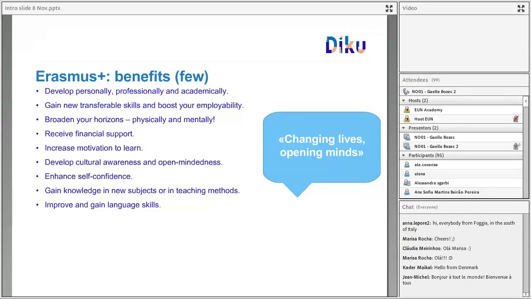So I've taken a list of benefits that I've been copying. Most of my presentations are my own creation, but that one I've been copying from, I think, the EU website. The motto of Erasmus Plus is changing lives, opening minds, and this is really what it is. So a few benefits from Erasmus Plus will be these ones. I don't actually intend to read them. That I think you can do, but among the most important things,